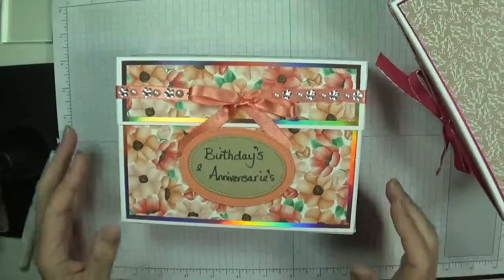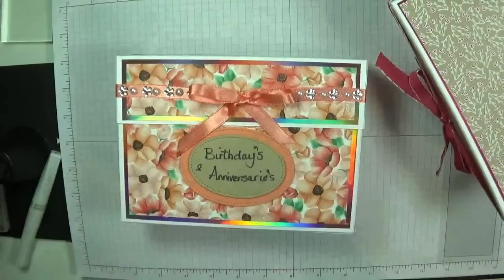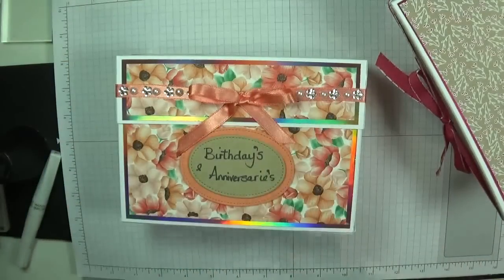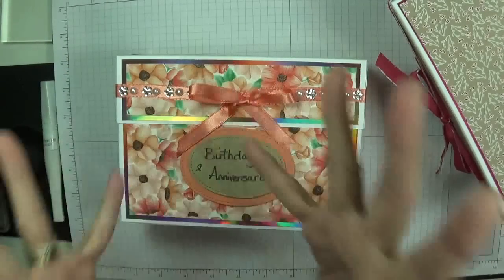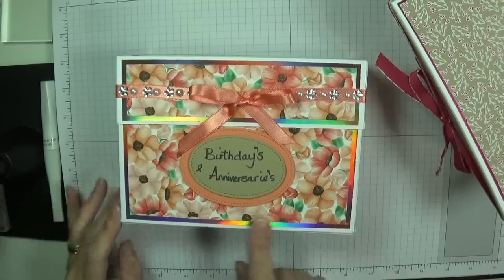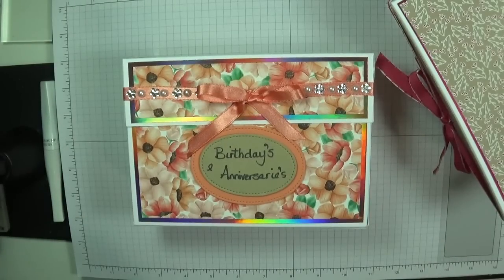Just going to let you admire that gorgeous box again. So pretty. And it's got 20 cards in there and 5 inserts. It depends on the depth of your card as well. If you're doing standard cards with not too much bulk on, I think you would get up to 30 in there probably. But how beautiful is that designer series paper? So there is my humongous